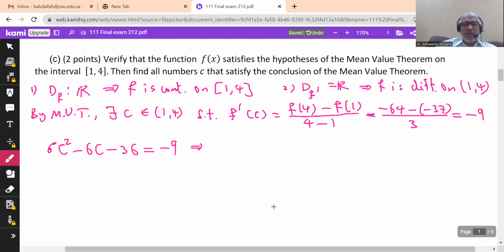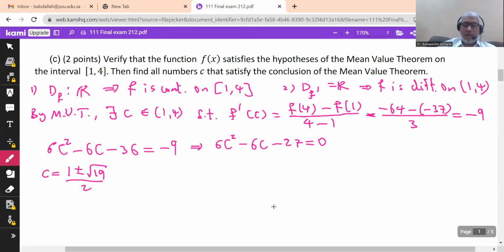So now solve this equation and find the solution. We have 6c squared minus 6c minus 36 plus 9, which is negative 27. Again, you can use the calculator to find the solutions of this equation. If you put 6, negative 6, negative 27, you can divide by 3 if you like. The solutions are about 2.7. It is 1 plus or minus square root of 19